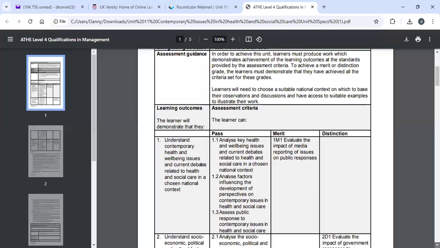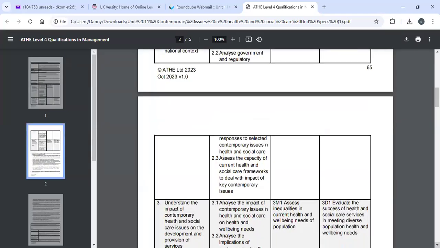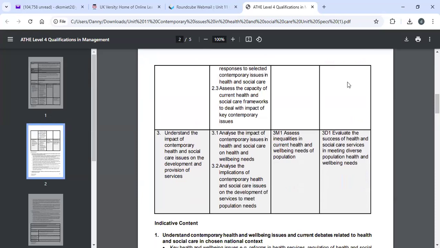NO3, which is to understand the impact of contemporary health and social care issues on the development and provision of services. One, we are going to analyze the impact of the contemporary issues in health and social care, and then two, to analyze the implications of the contemporary health and social care issues on the development of services to meet those population needs,